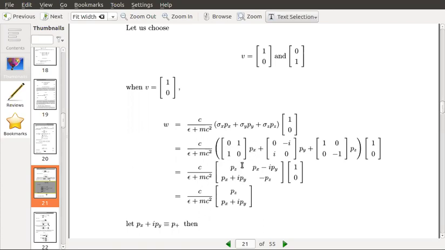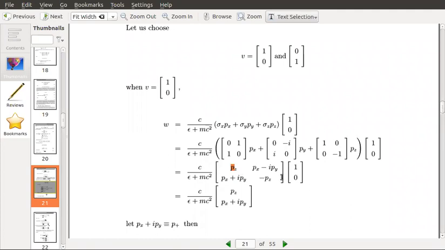You can work it out. 0 here is 0, this is 1. So 1 into pz, pz will come here. Like that, you calculate and simplify each term. Add all these three matrices, multiplying with their components of P, then again 1 0 will come here. Again multiply these two matrices.